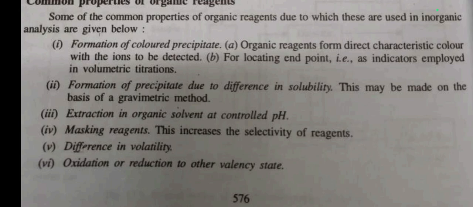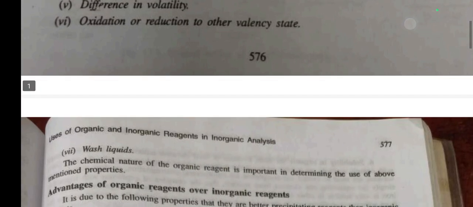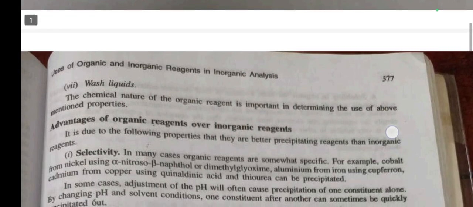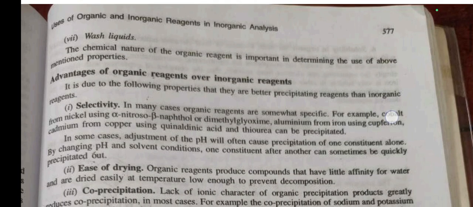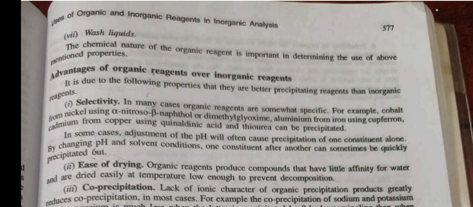This may be made on the basis of a gravimetric method. Number 3. Extraction in organic solvent at controlled pH. Number 4. Masking reagents. This increases the selectivity of reagents. Number 5. Difference in volatility. Number 6. Oxidation or reduction to other valency state. Uses of organic and inorganic reagents in inorganic analysis. Number 7. Waxes, liquids. The chemical nature of the organic reagents is important in determining the use of above mentioned